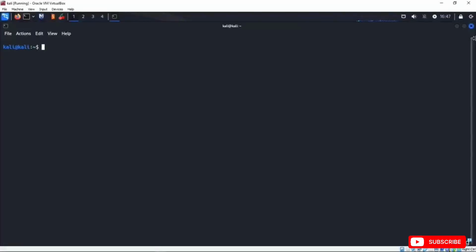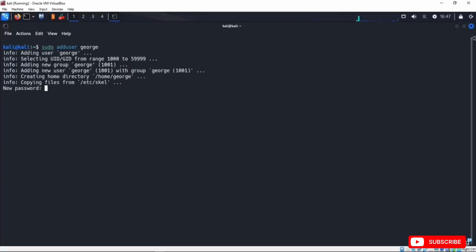Let's see how we can crack a password hash file. We'll use our Kali password file, but before we do this, let's create a couple of new accounts. We'll add George with a password of Big Secret, but in hacker form. Sudo adduser George, and we'll put the password B1G-S